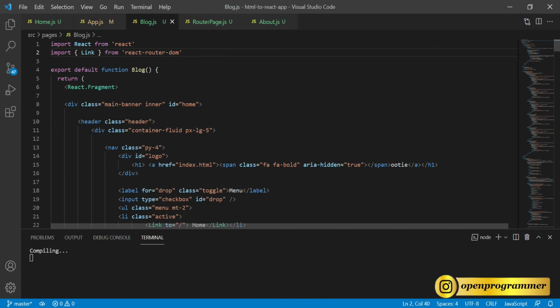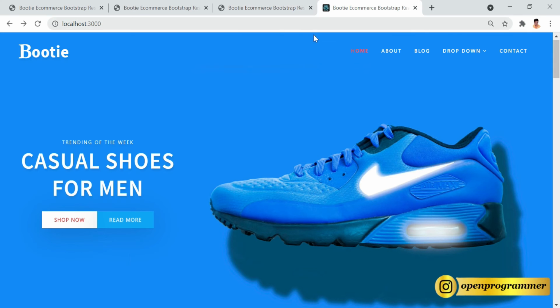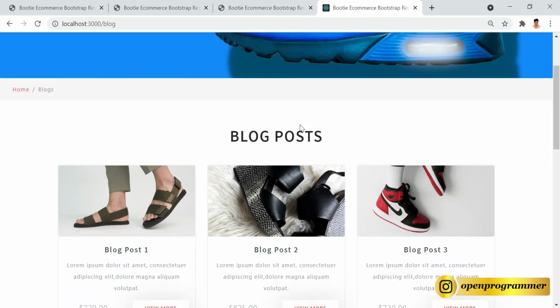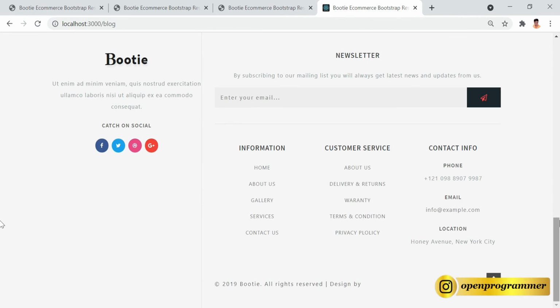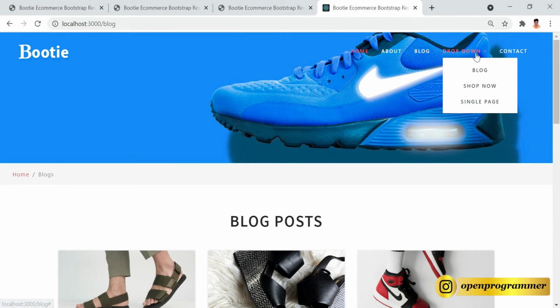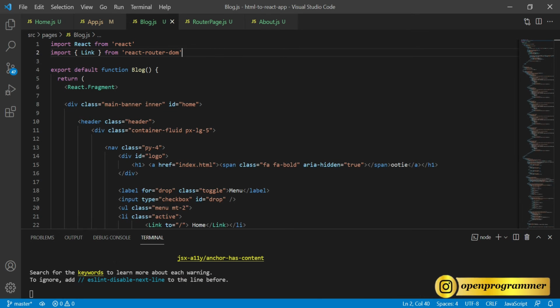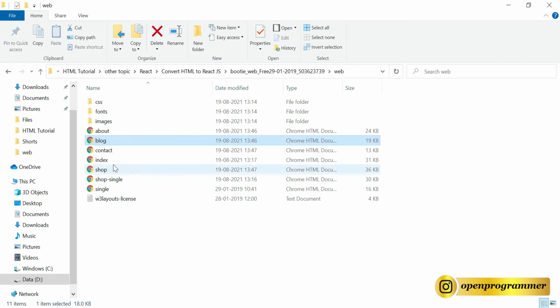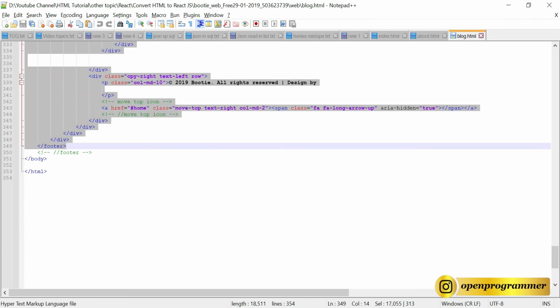Save this, go back to the browser, and if we click on blog, you can see the blog page is coming. Perfect. So now we will create these three pages. Blog we have already created, so we'll create the shop now page. So in the index, where is the shop, open these two pages in the editor,